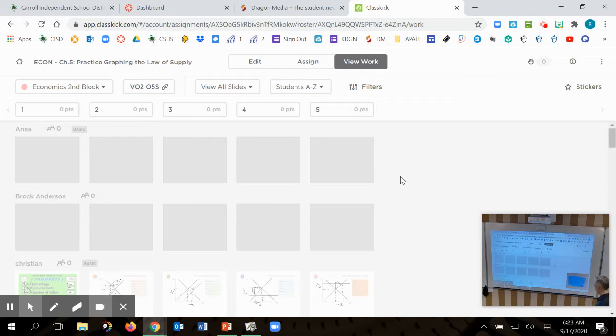Yesterday, we tried a ClassKick activity second block, and I guess the Wi-Fi connection here at school or the load on the platform just really kind of overloaded it. You can see here, some of my students were able to do the work, some of them weren't. So I'm trying to give you instruction that's a workaround so that you can do this on ClassKick, maybe